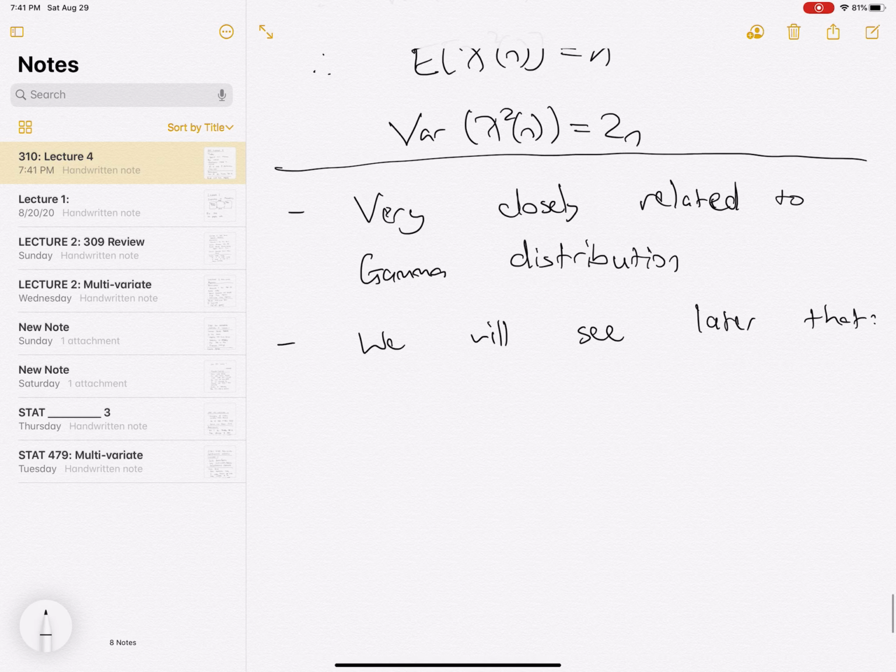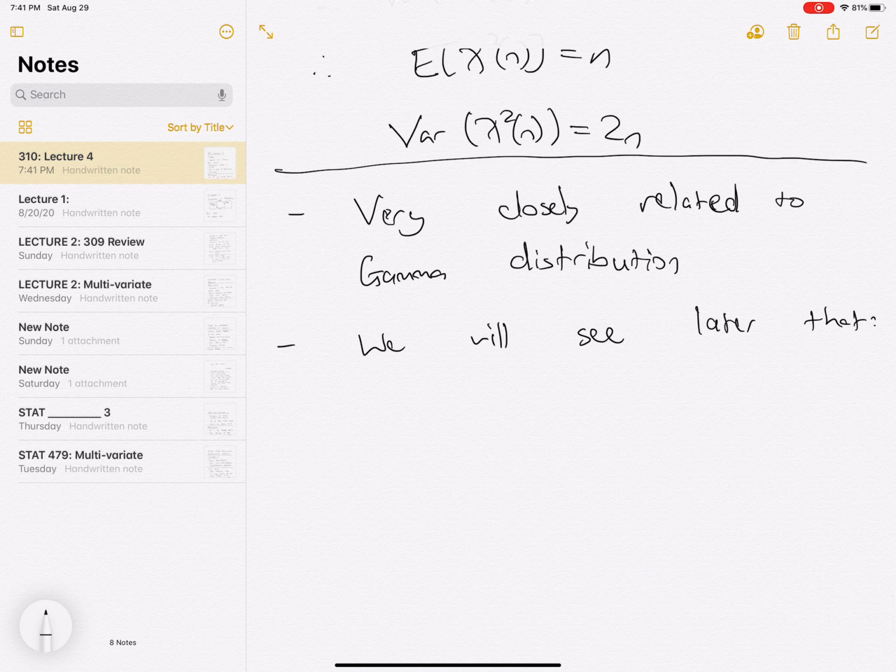I'm just going to make an assertion here that we're going to see in the next couple of lectures that